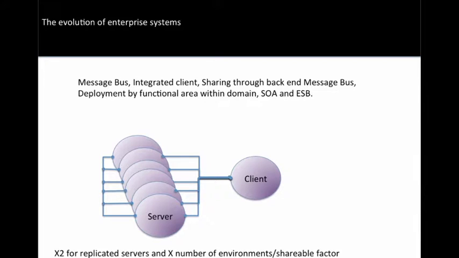Number of replicated servers is times 2. Number of environments, often a shareable factor, because you might put all of the functional area services within a domain on a single box, so you can get some sharing that way. And it's times the actual number of users, again for fat clients. It's just that they're a little more integrated this time, with some sharing of screens and so on and so forth. And deployment by function area within domain. So